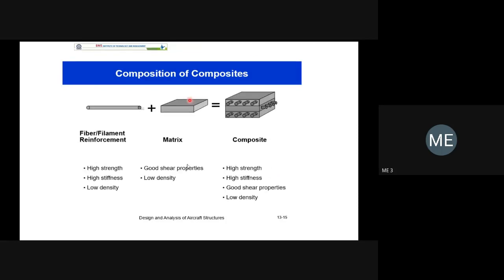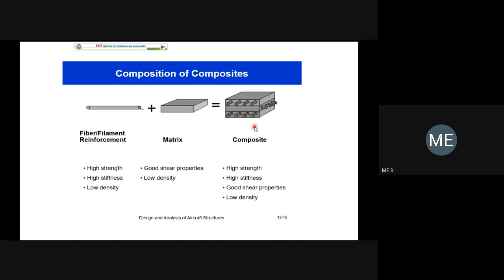So now you can see that these are the schematic representation. This is a fiber, there is a separate fiber. Just take the example of cloth and resin. Just imagine this is a fiber. This is your matrix material, and those two are combined by some processing. Finally we have composite material. So composite material consists of matrix material as well as the reinforcement material.